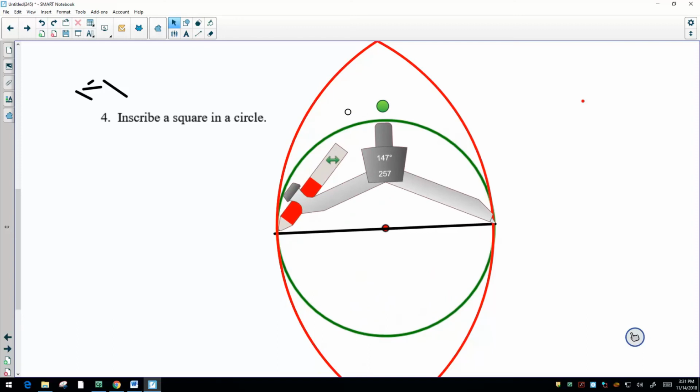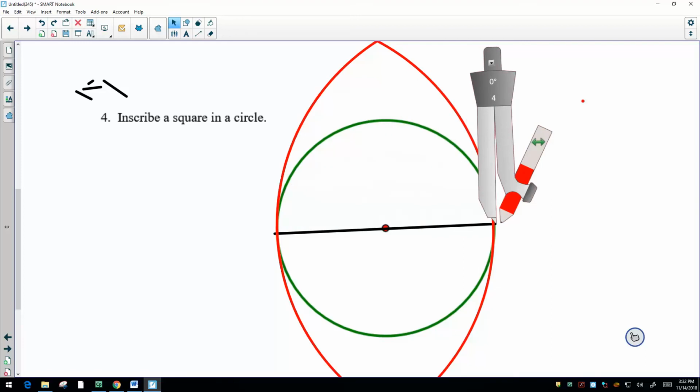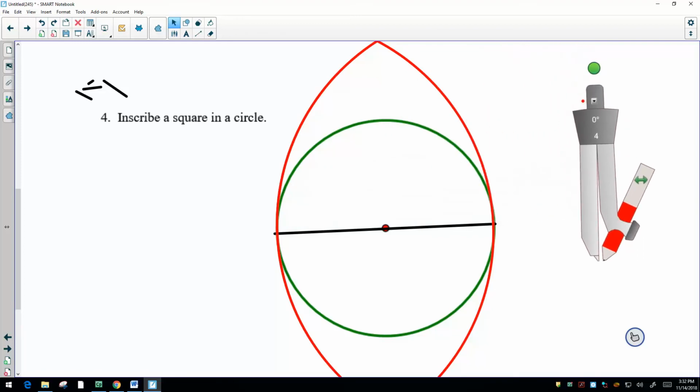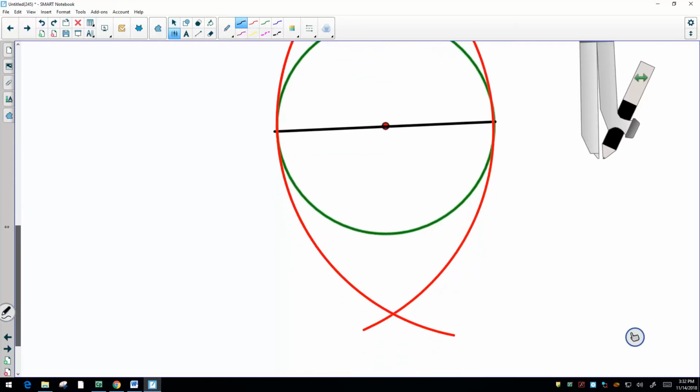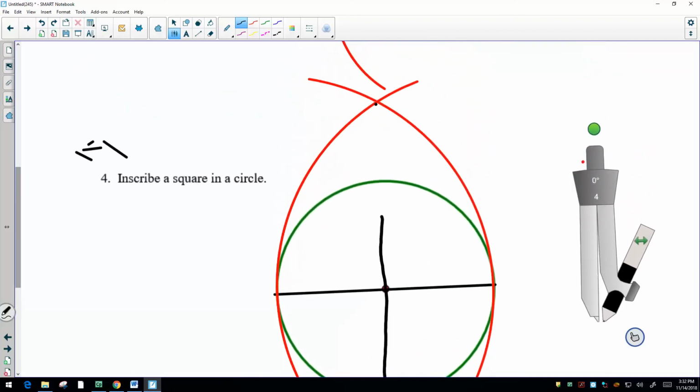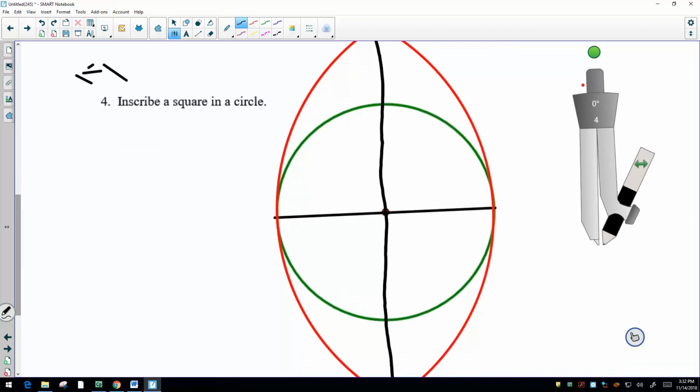So when we are done with our construction, we are going to take a look at the points of intersection, and what we have is a point on top and a point on the bottom. With a straight edge, what we're going to do is connect those, and I'm going to see this line should go clear through the center with a straight edge all the way up to the top. Okay. And when that happens, you're going to notice there's a point on the bottom and a point on the top that intersect the circle. So we have just taken your circle and split it up now, this time into 4 equal parts,